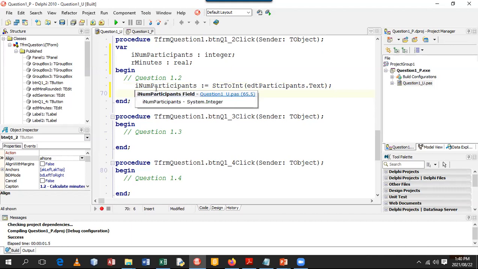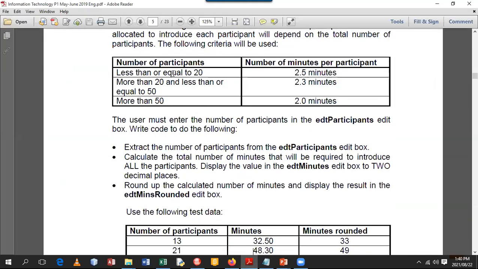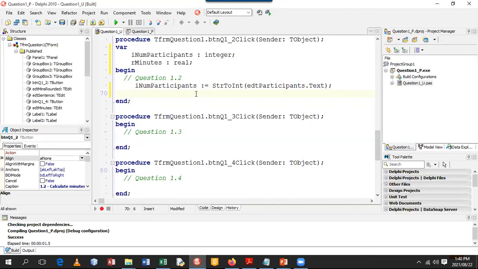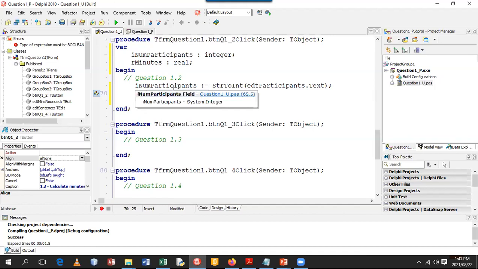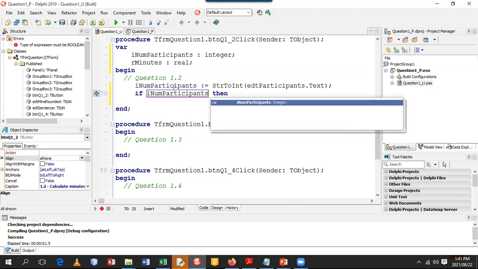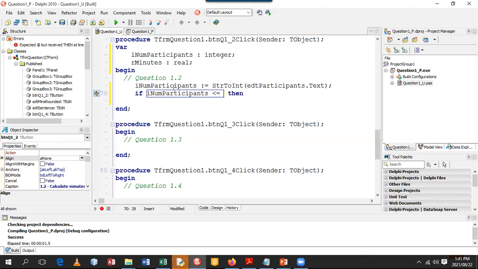Now we need to check the number, right? Now here's the thing. You can go and do the calculations, but yeah, okay, let's do that. So firstly, if it is less than or equal to 20. Oh God, I'm opening up. So if iNumParticipants is less than or equal to 20, then